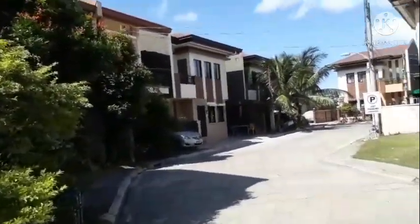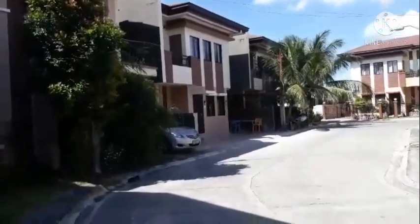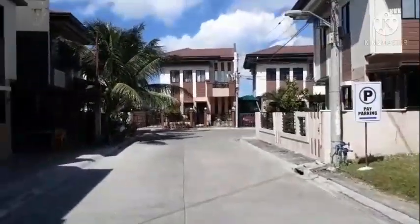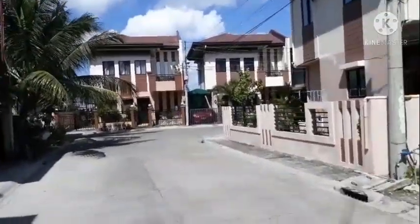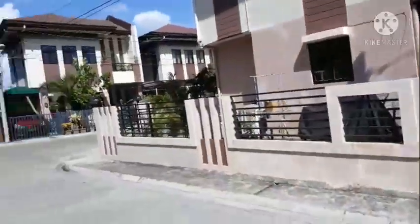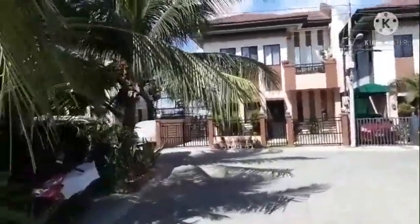There are many subdivisions that are actually quite a bit bigger than this, twice the size or even 3 times the size. I think this subdivision here only has about 200 odd houses. Yeah, about that. And it's very well looked after. There are little areas for parking if you don't have enough room in your actual lot, in your parking area, which